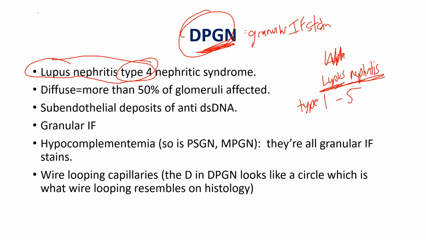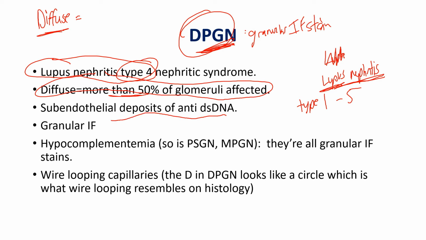Okay? And just looking at the word, here goes the mnemonic again, diffuse. Diffuse means it's everywhere. It's not localized, it's not focal, it's diffuse. So diffuse means more than 50% of the glomeruli are affected. That's important to know. It's all over. So if you look at an LM, more than 50% will be affected. Another important characteristic, now look here,